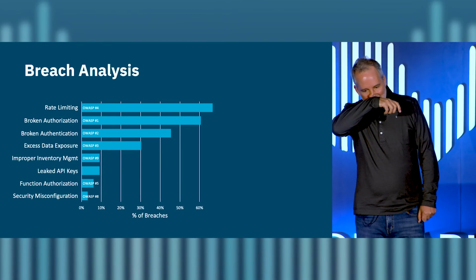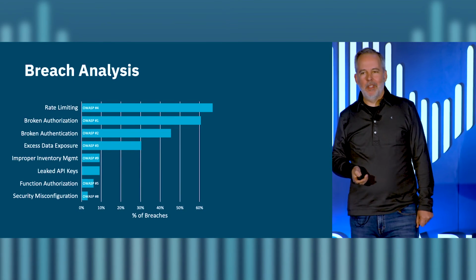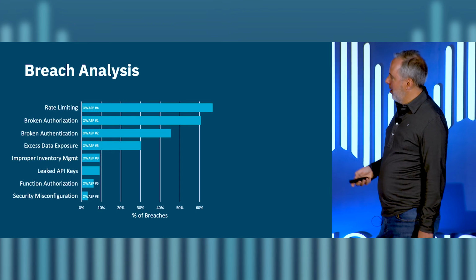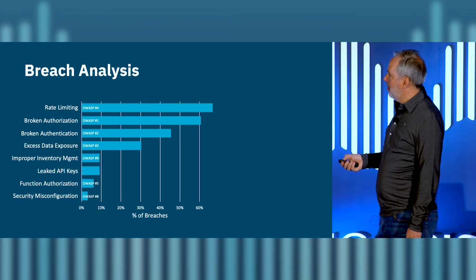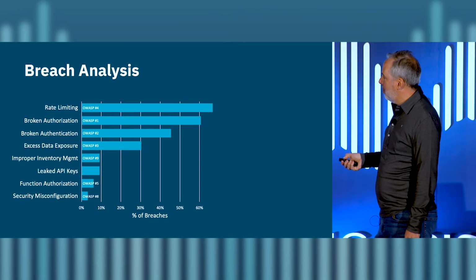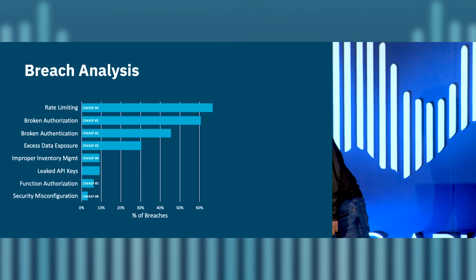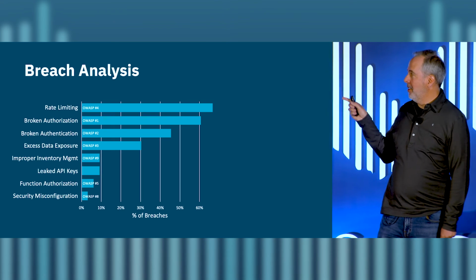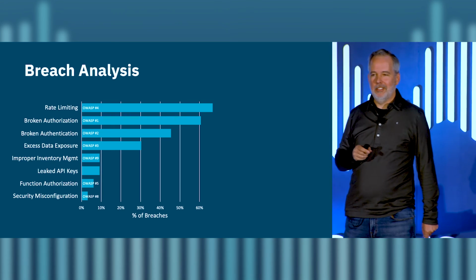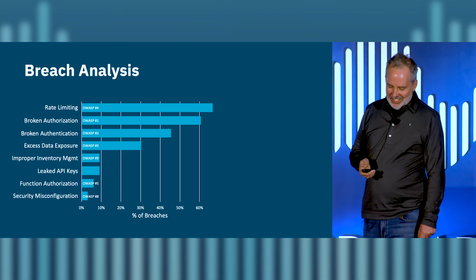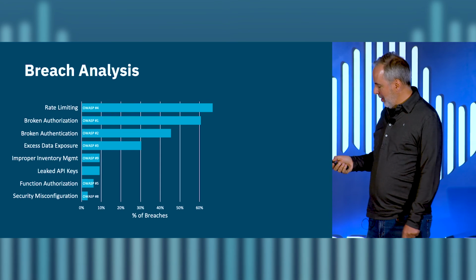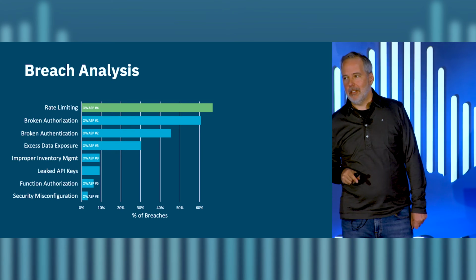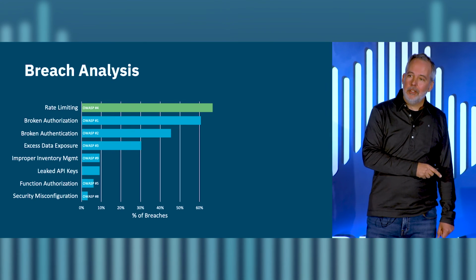Well, this is what we found, okay? You look at this and you say, all right, well, my number one problem is rate limiting, clearly. That's over 70%. I don't have my glasses on, but 60 plus, 70% of all the breaches. There's a couple more animations for folks who are taking photos, so I'll let you know when the slide is done. And so that would be probably a fair conclusion. We've got to fix rate limiting. But I actually would argue that's the wrong conclusion, right?